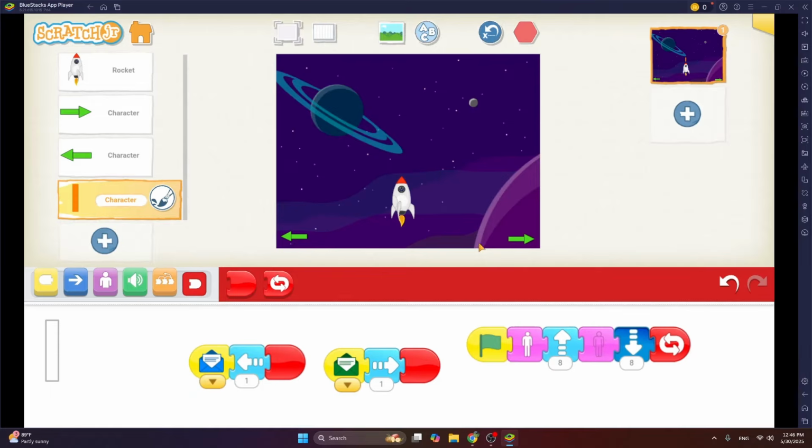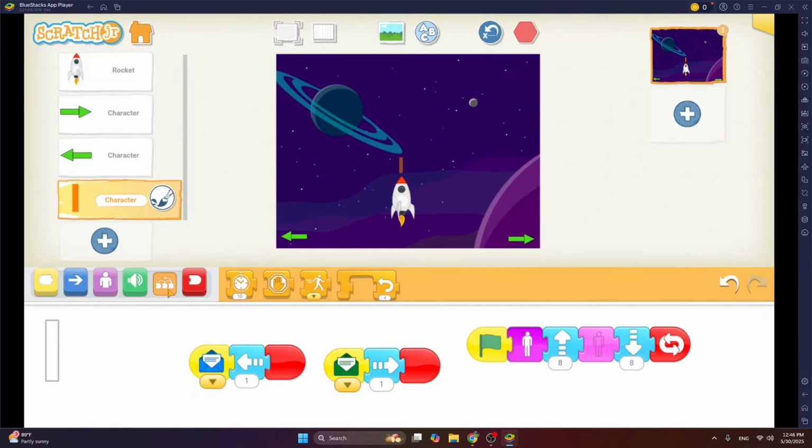So another thing that we need to do is that our bullet is kind of slow right now. So we can actually make it permanently faster by using these orange control blocks. And there we have the speed block here, and I can choose the fastest speed, tap on it, and then throw it up. Now if I start the game, you can see that my bullet is faster.